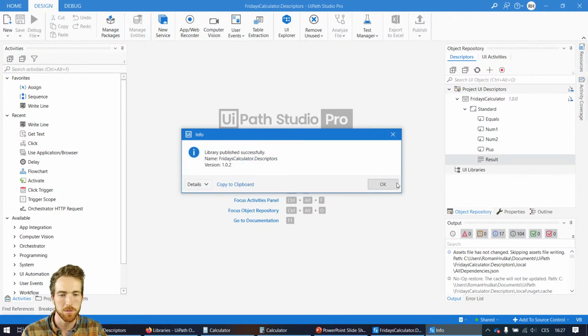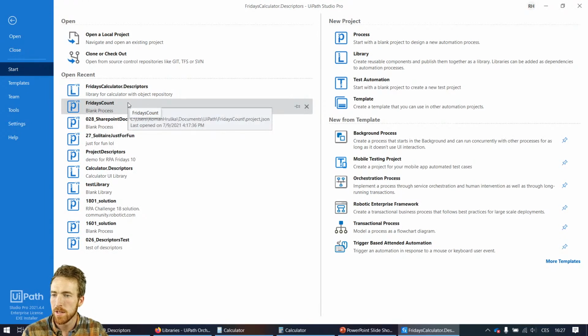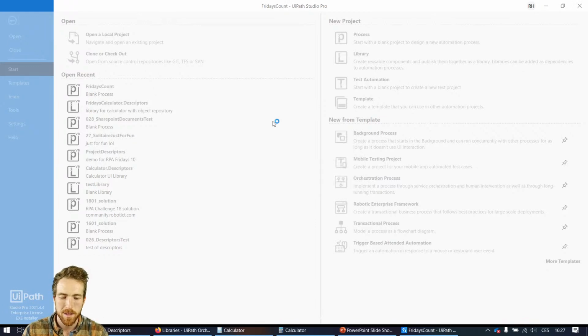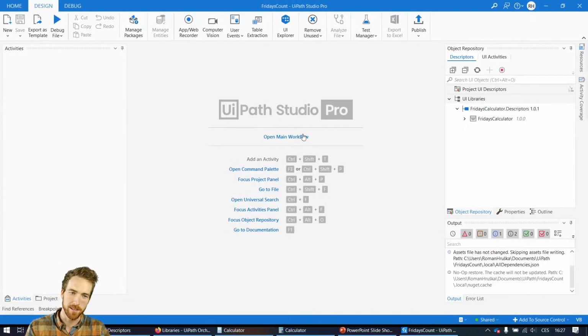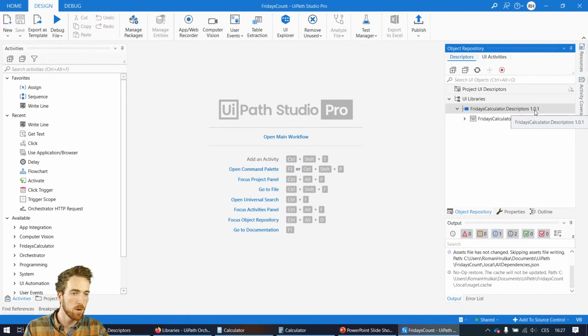Good, 102. And I go back to my project or process, Fridays count, and I will update the library. And that's where the magic happened. Okay, I thought... I mean, I'm really excited about this one, so sorry for that. So we have here Fridays calculator.descriptors version 101, and as you would